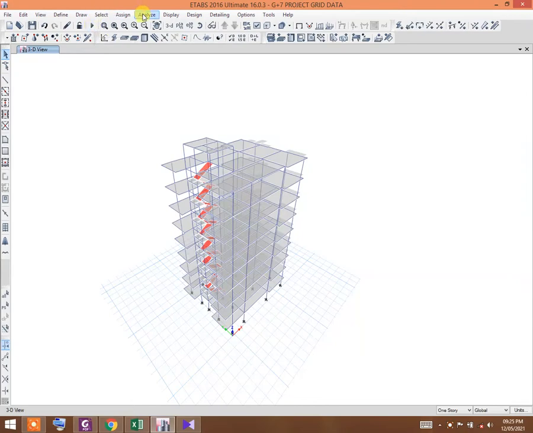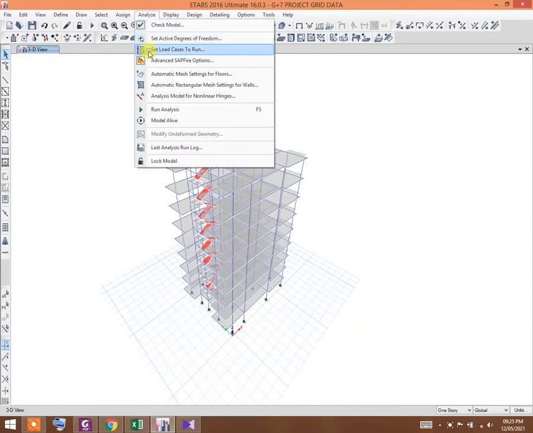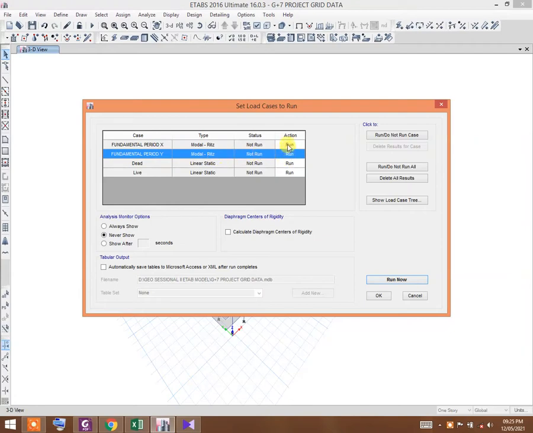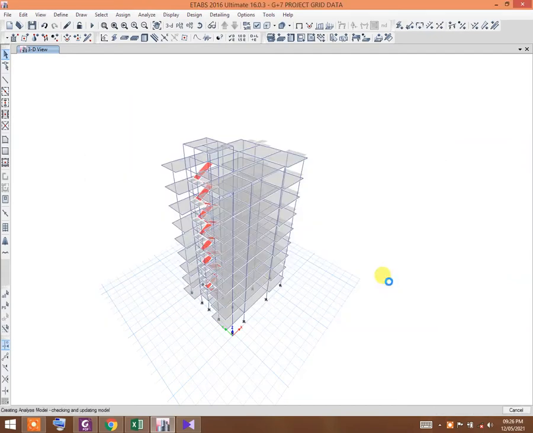Now go to analyze, set load cases to run. Ensure that fundamental period x and fundamental period y are set to run. Now run.